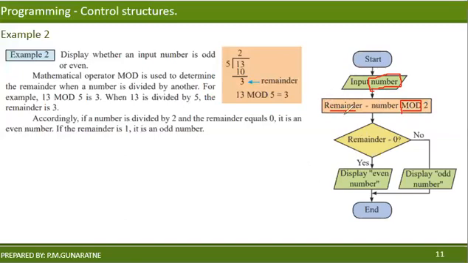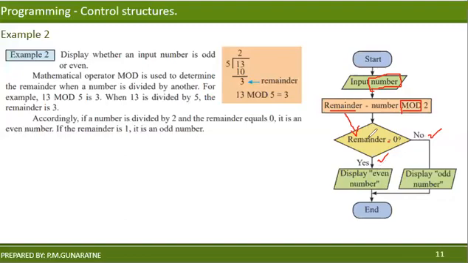Then after passing this process box, we have the value of the remainder, right? So the remainder value will be put in here and it will be evaluated. Remainder equals 0. If the remainder equals 0, if both the sides are equal, then it will follow the yes path, right? If the remainder is 1, it will follow the no path because 1 is not equal to 0.